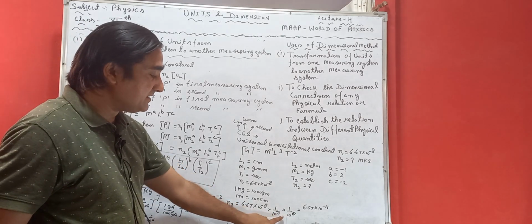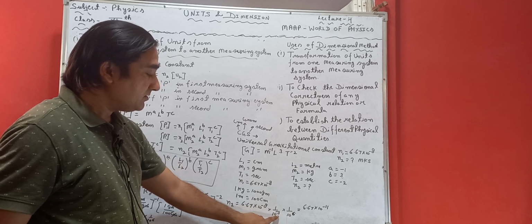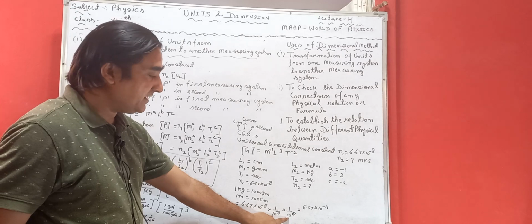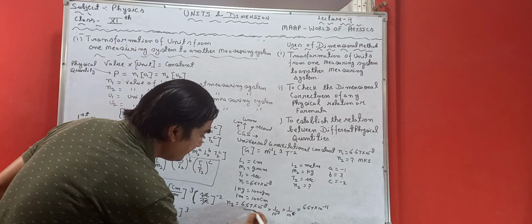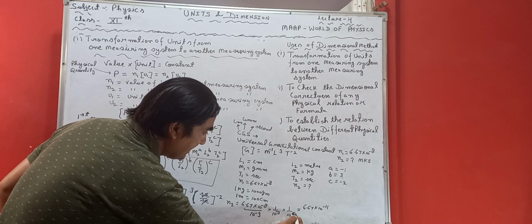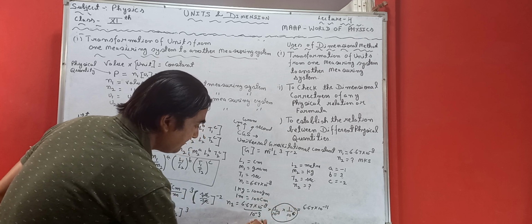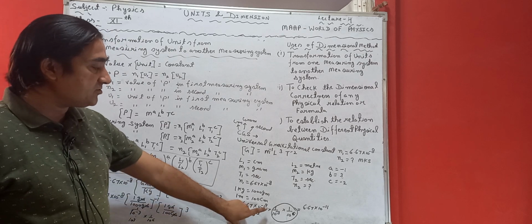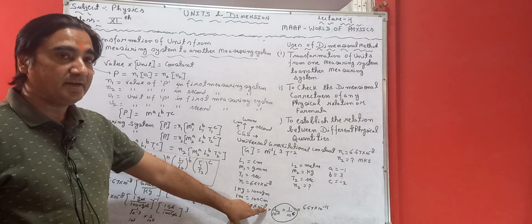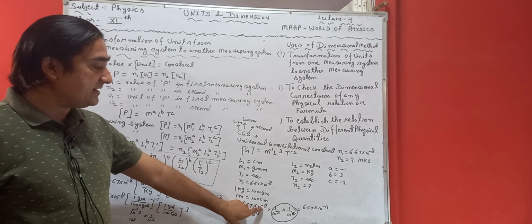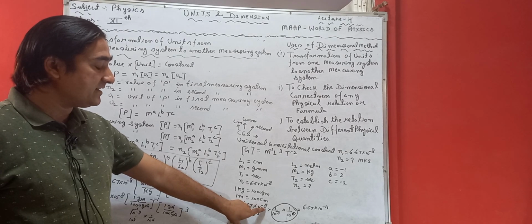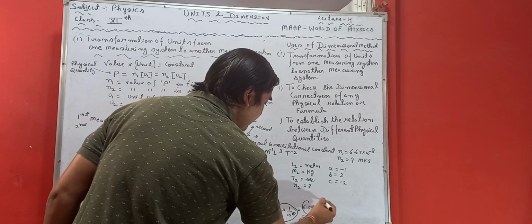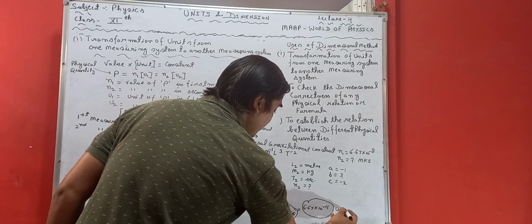If we calculate this denominator over here, it will become 10 raised to power minus 3 into 10 raised to power 3. So here it remains 10 raised to power 3 in the denominator. Okay, and when this 10 raised to power 3 goes in the numerator and we solve, then 10 raised to power minus 8 into 10 raised to power minus 3. So it becomes 6.67 into 10 raised to power minus 11 unit.